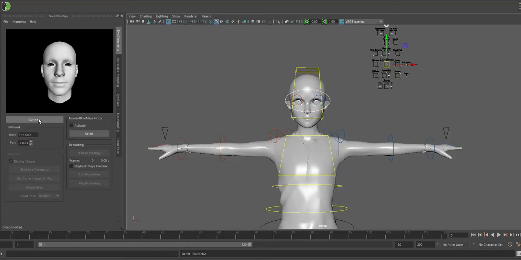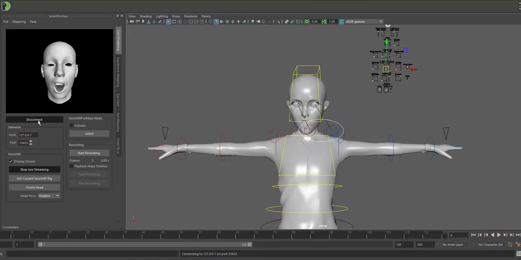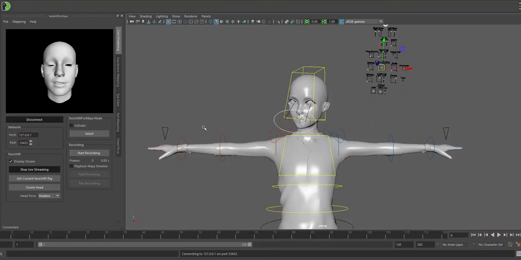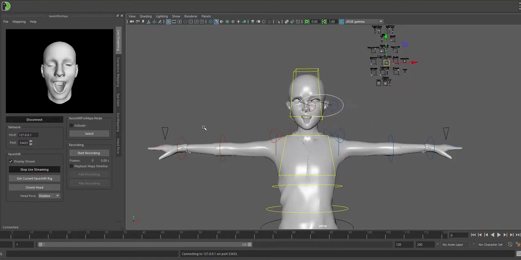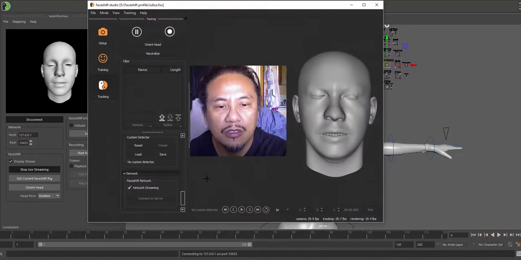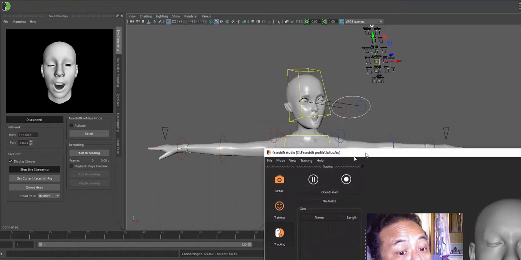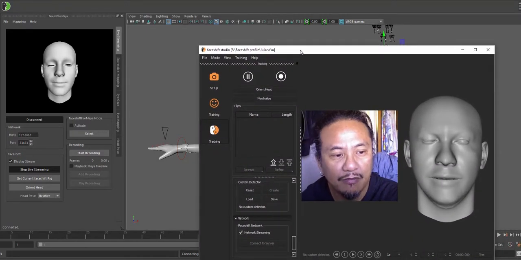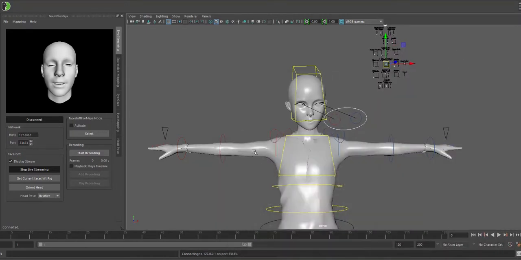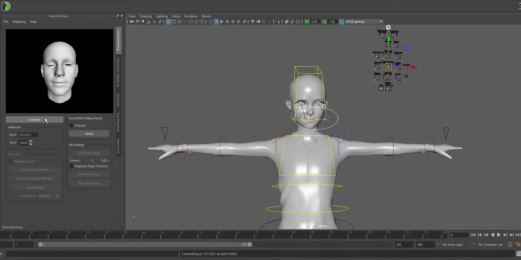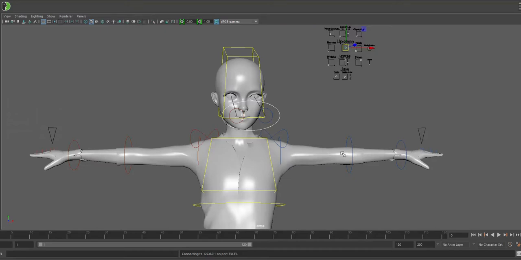Now if I hit connect, I should see the face. See, it's being driven. I don't know if you can see that. Let me show you this. So now the character is actually being driven by my face. All right? Okay. So let's turn that off and go back to this. So that's another really cool way of